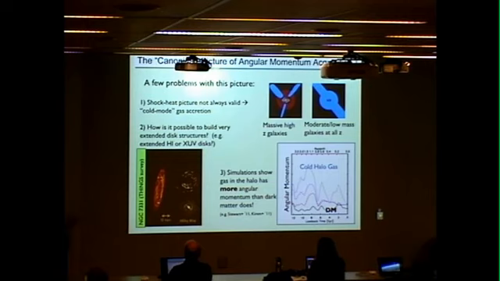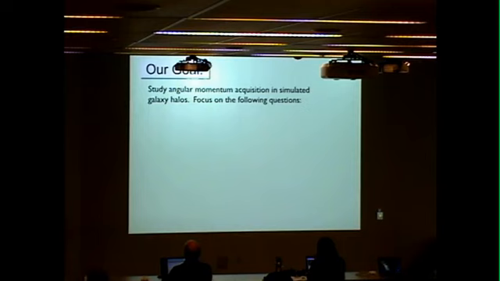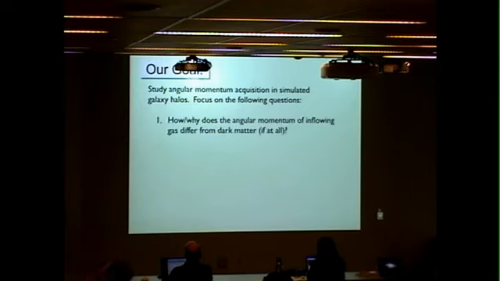And so what's a better way to think of this? That's the goal of the paper we put out last year, studying the angular momentum acquisition in 4 zoom-in, what were at the time high resolution simulations, and asking the following questions. How does the angular momentum buildup happen in the galaxy? Now, mostly we're looking at the halo. We don't want to make too many strong statements about the galaxy itself, just for a matter of resolution and our feedback scheme, which I'll talk about in a second. But in the halo itself, so when you're talking about entering into the virial